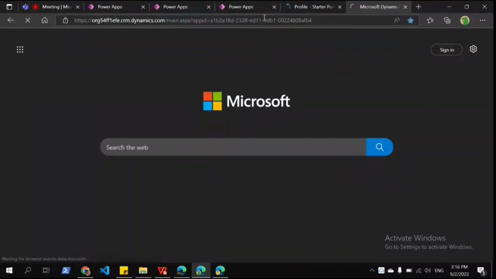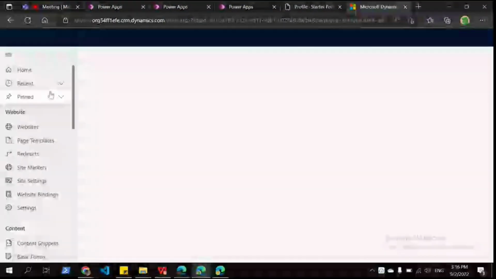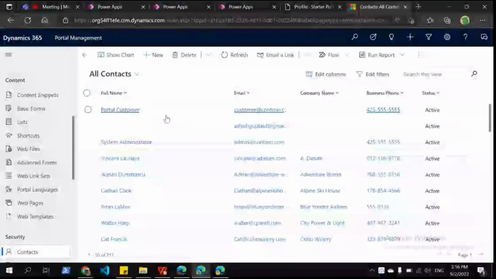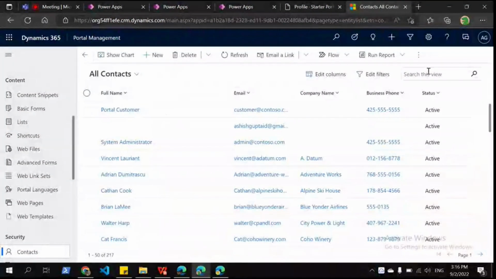Now what would happen is it will sign up, it will create an account in Azure Active Directory, and at the same time it will also create a contact in my Dataverse, and it will map that identity returned from the Azure Active Directory to my contact. Let me show you that. If I open Portal Management app here and open the contacts, this is a user I have created right now